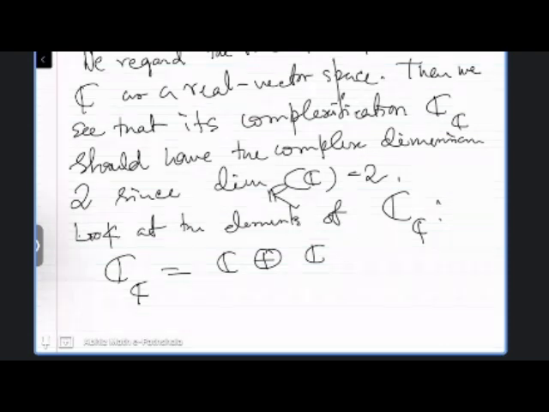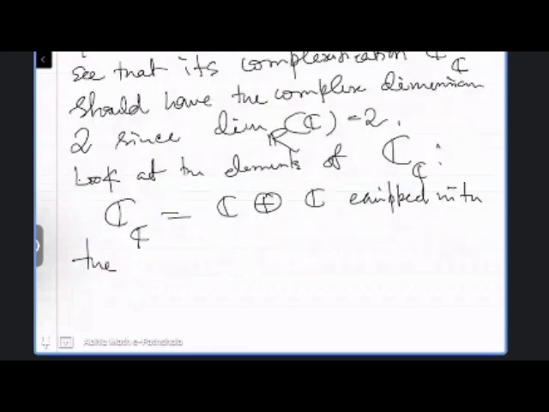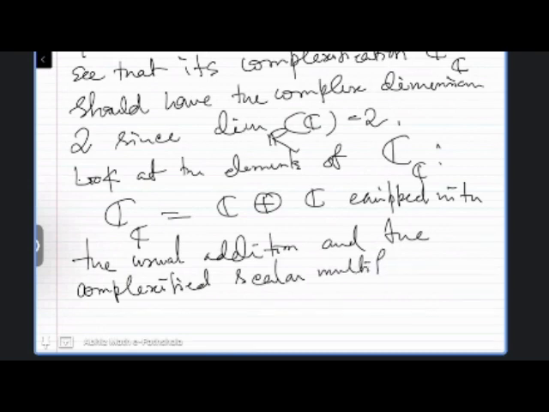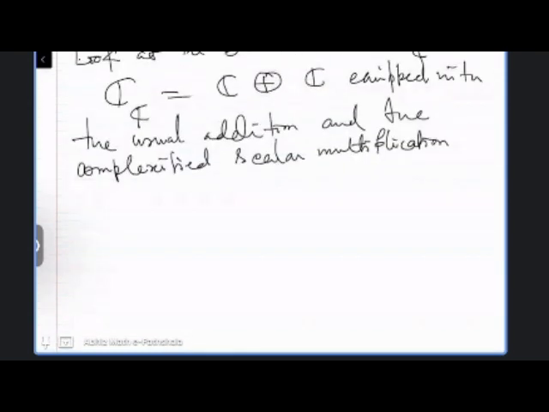With the usual addition and the complexified scalar multiplication, which is